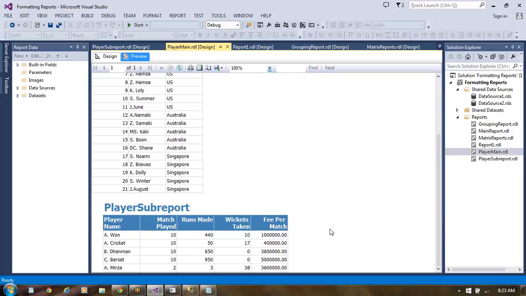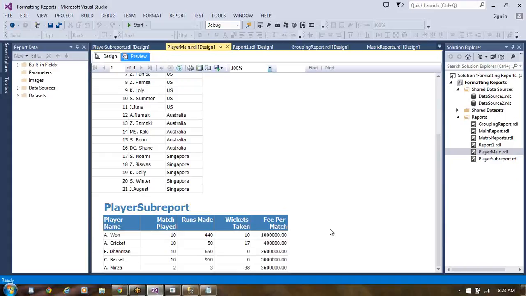Now next thing what I do, I want to make this drill down kind of thing. I want to make here a drill down review report in this, and with the help of that, whatever country you choose, it is going to be shown for us. It's going to show based on that particular thing. It can even show you in a detailed manner. You can take a country. So based on the country, it should be showing us the data. For that purpose, we need to do the drill down option.